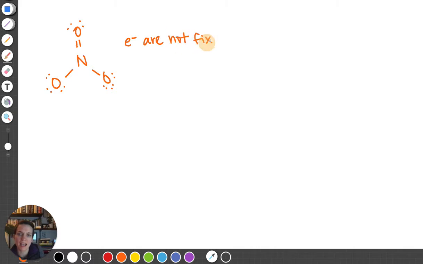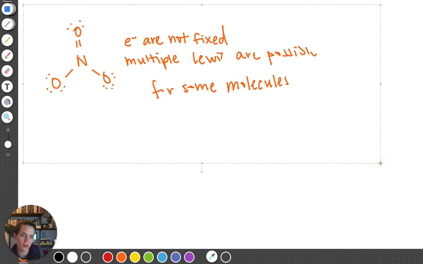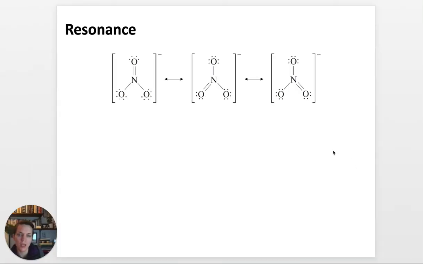They don't actually belong to one species. They can move around, and multiple Lewis structures are possible for some molecules. Right? Not for all. You're going to have a situation where you have these double bonds and your single bonds. Okay, so that's resonance. And before we get too much further, I do just want to teach you about a